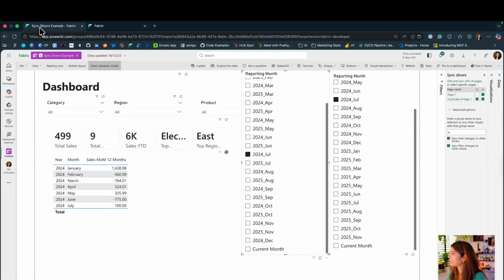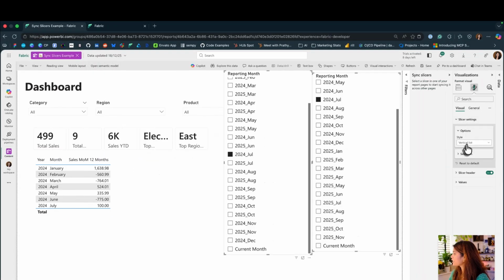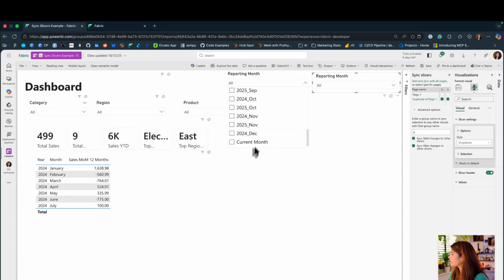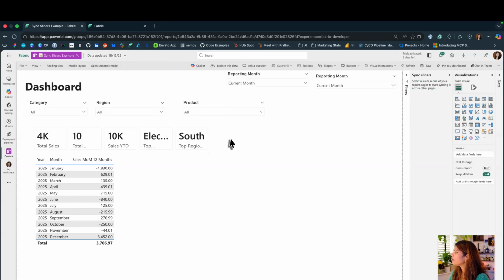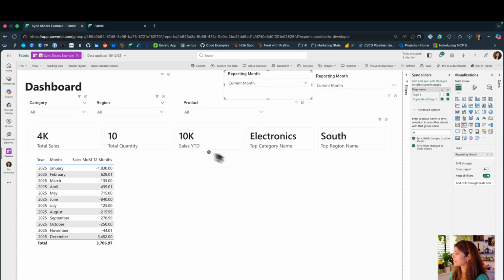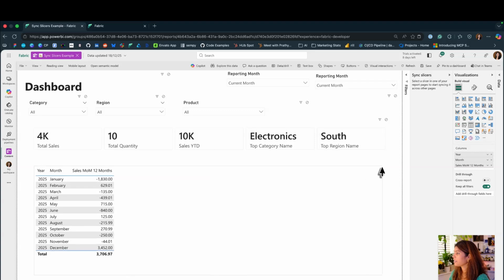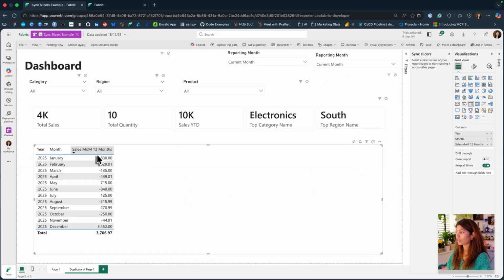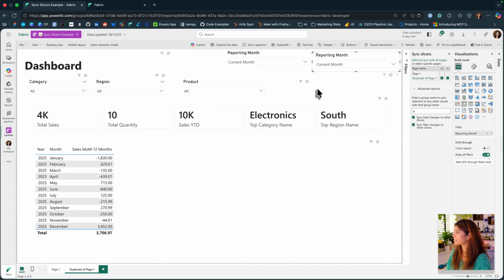So going back to the report, I'm going to change this back to drop down and then reduce the length and change it to current month. So now what I'm doing here is by default, I choose the current month. It's synced to the other slicer. This slicer, I told to ignore this table, but this slicer, I'm telling it to filter. So because I'm using the sales month on month DAX measure, it goes and chooses the selected value from this slicer, and it does all the calculations based on that selected value,